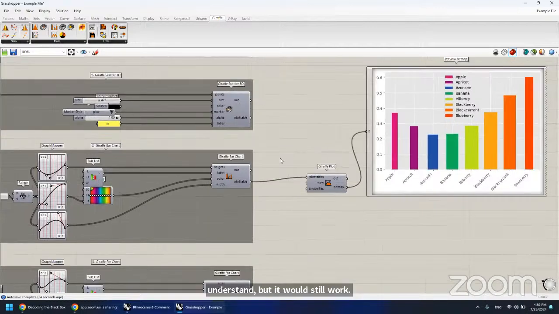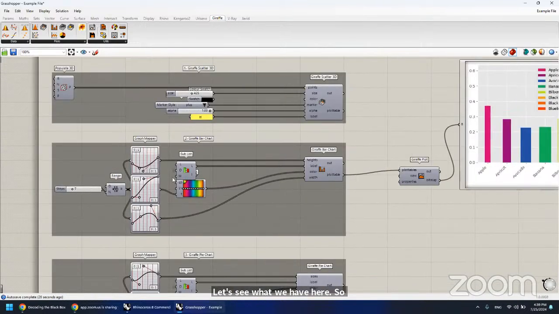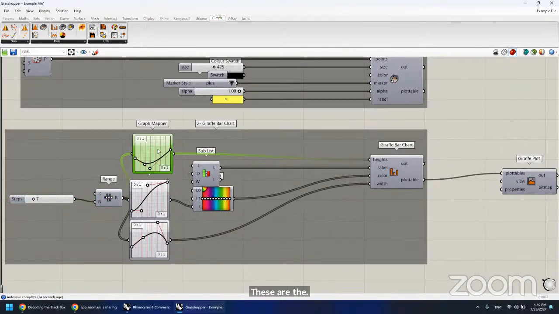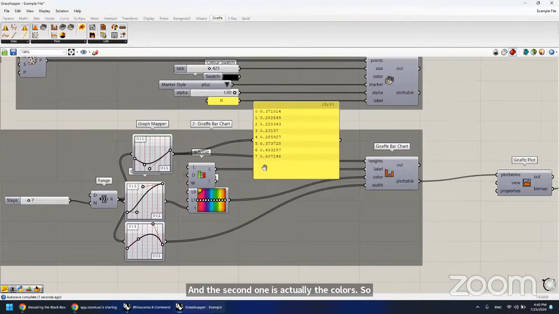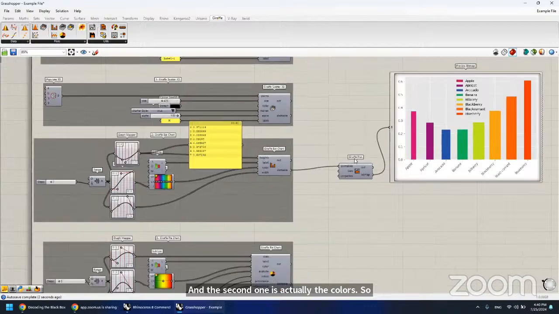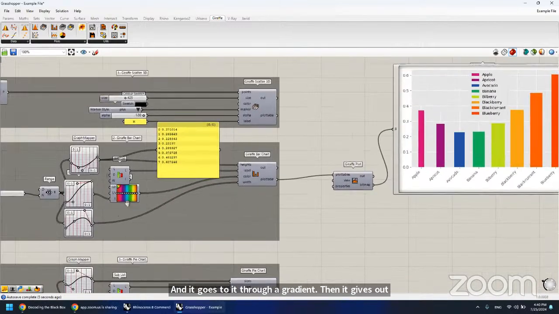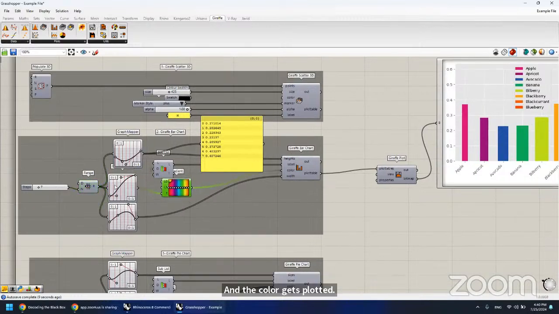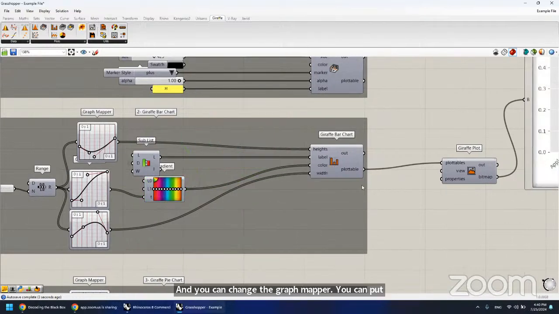And let's see what we have here. So there's a range and there's a graph mapper. So it creates a bunch of numbers. Let's see here. These are the values represented here. And the second one is actually the colors. So it goes to a graph mapper and gets a number, and it goes to it through a gradient. Then it gives out a RGB color, and the color gets plotted like here. And you can change the graph mapper, you can put different numbers, you can change the gradients,